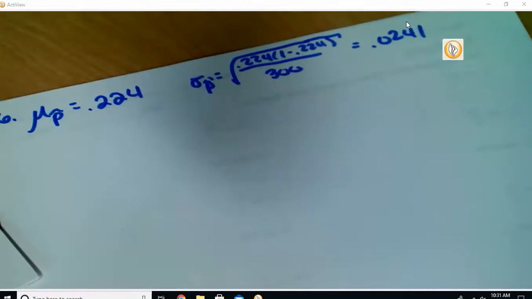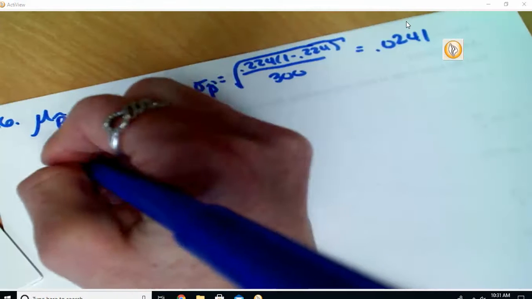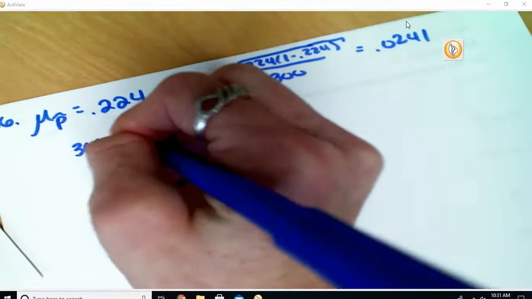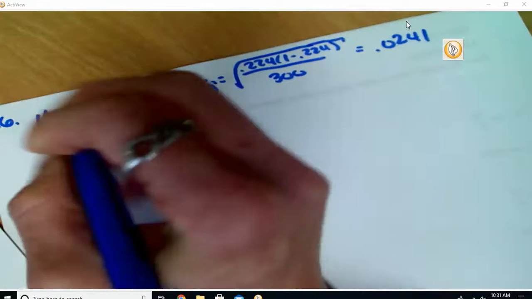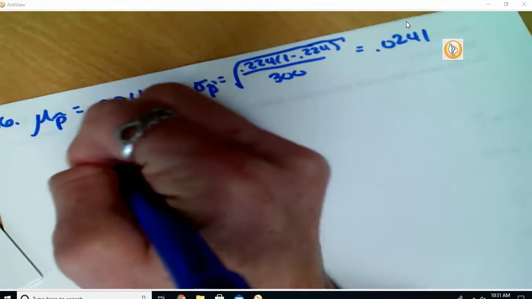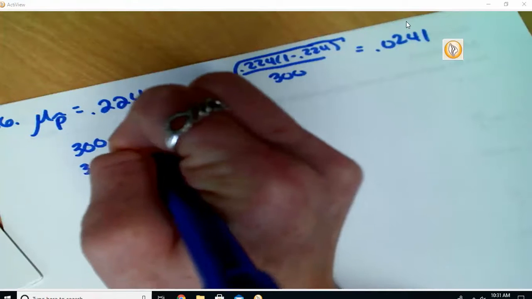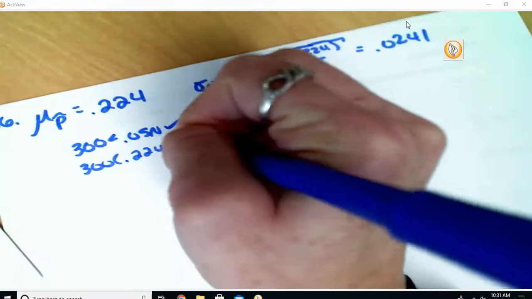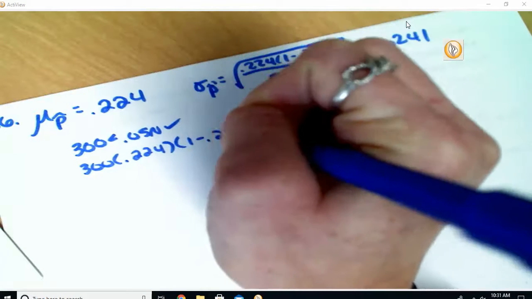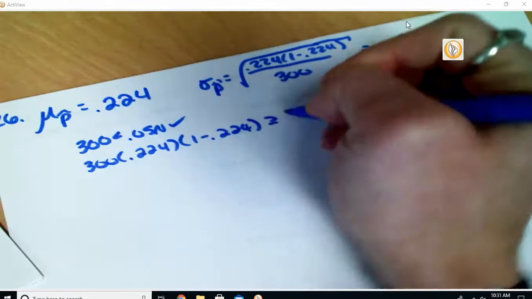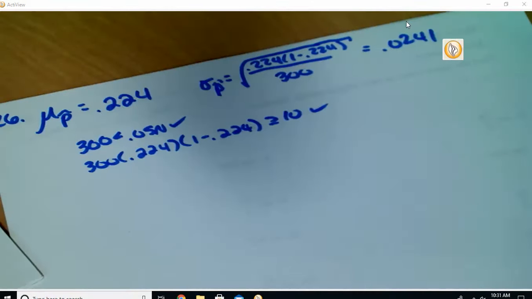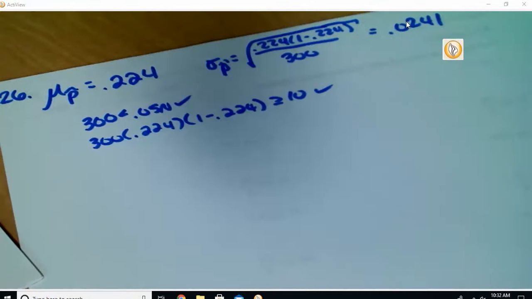What are the requirements we should check? Less than 5% of the population, which is 300 less than 5%. Okay. You also need to check your n times p times 1 minus p greater than or equal to 10. And that works out as well. So check those requirements. Know those. Okay, part B